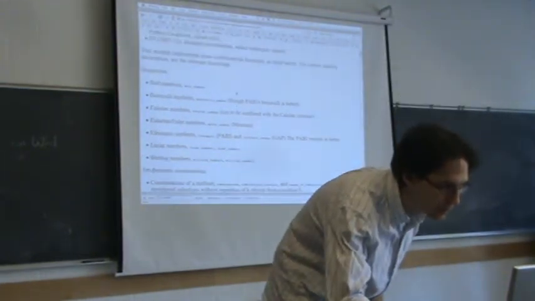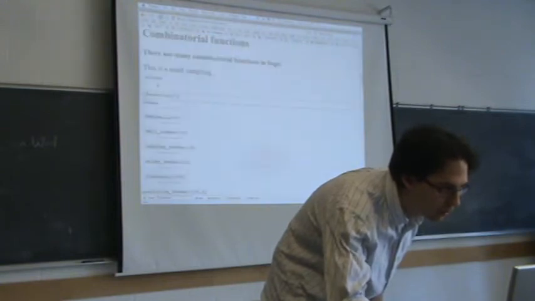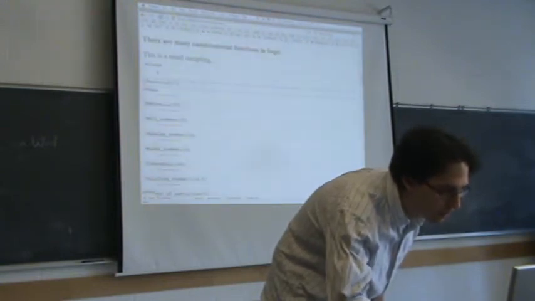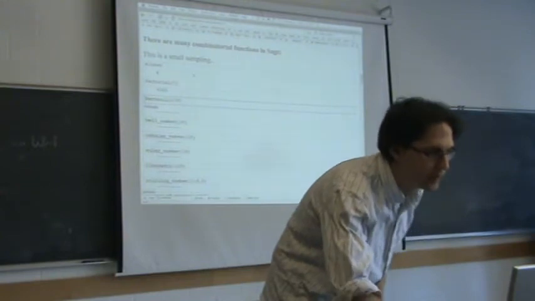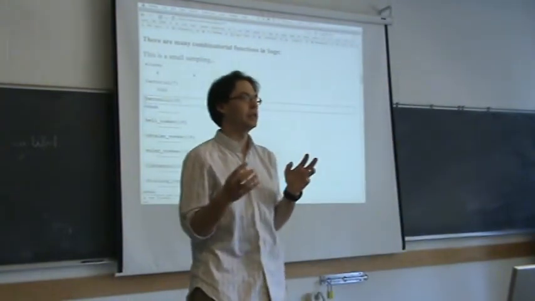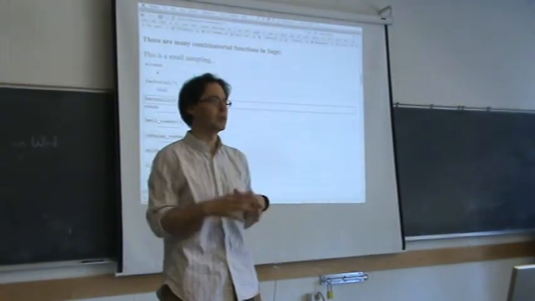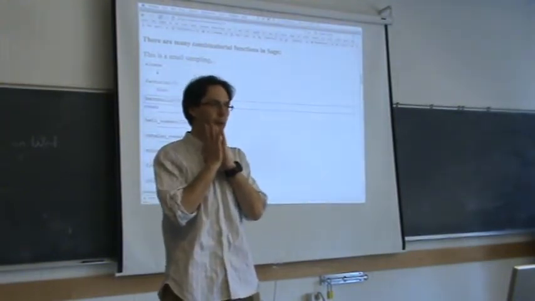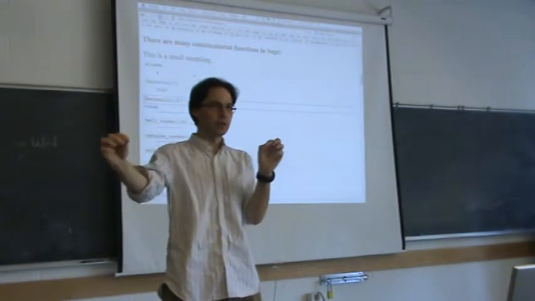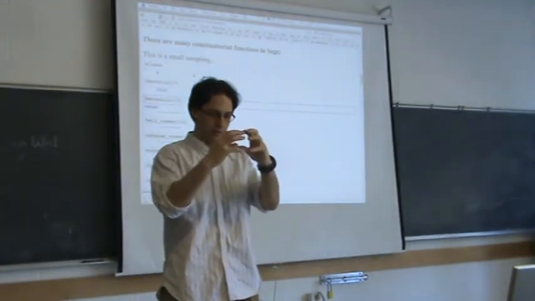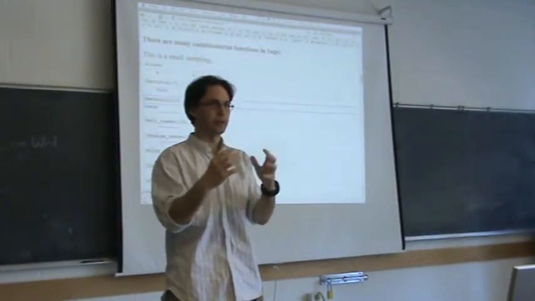And I'll show you some examples. So, back to this. I mean, it turns out often these combinatorial functions, they have a definition that shows that you could compute them just by doing operations with integers, but it turns out there's some clever analytic function that converges to the same number as the combinatorial function. So for example,